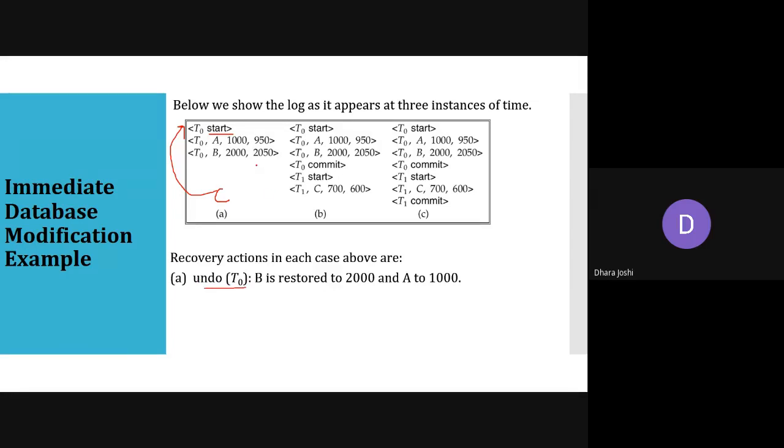B's old value is 2000, so we are not making this change. It is immediate. Previously we are having 1000 for data item A and 2000 for data item B. And as it is immediate, whenever I have written this A and B write operation, immediately it will be changed with the new values, which are 950 and 2050.